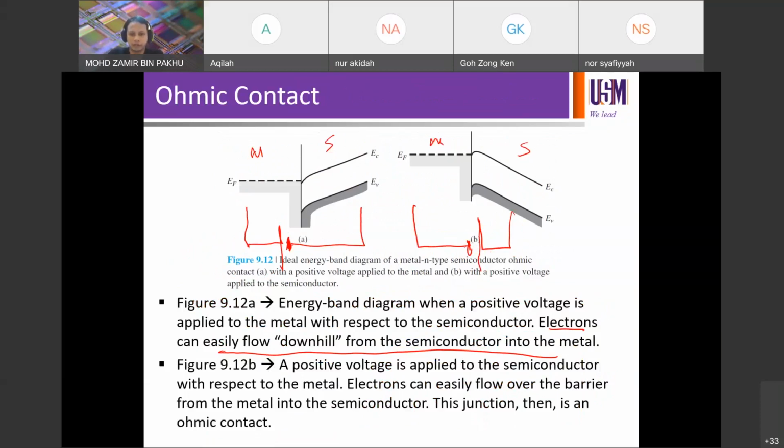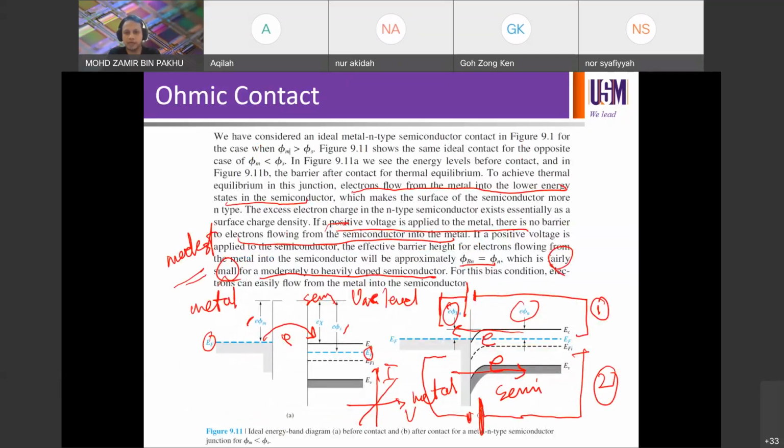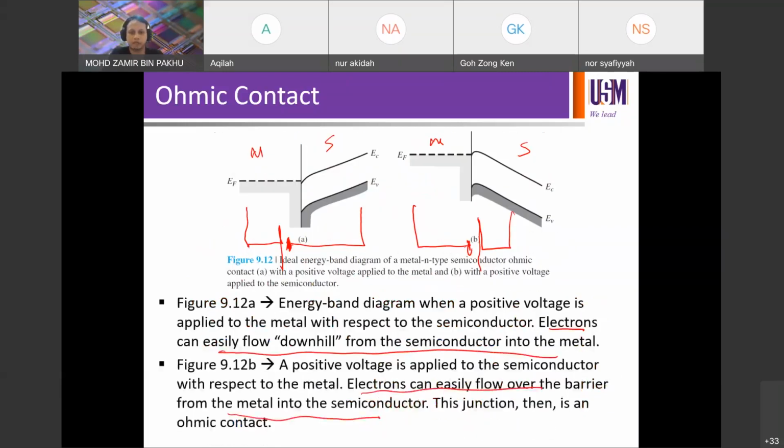So electrons can flow easily in the opposite direction over the barrier from the metal into the semiconductor, even though the barrier is there, right? The phi Bn, phi n, right? Phi Bn on the metal side, and phi n on the semiconductor side,